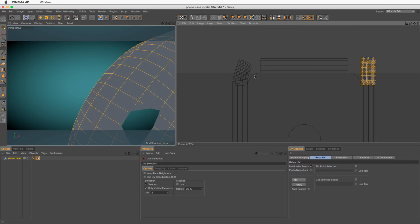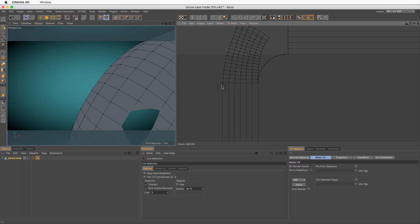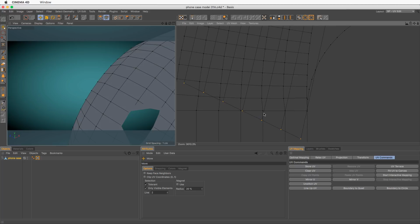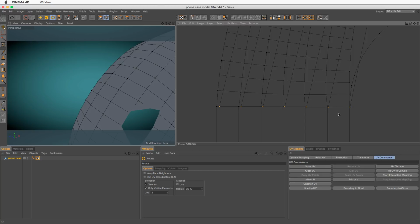Now let's see how fast we can do this when I'm not talking or I'm just going around doodling. So points mode, live selection, select all these, and commands, line up. Excellent. Then let's go to my live selection, select all these, and let's line them up, and press E to bring them down, zoom in, R to rotate, excellent, and E to move. I'll put them there. A bit of rotation doesn't harm anyone. T to scale,